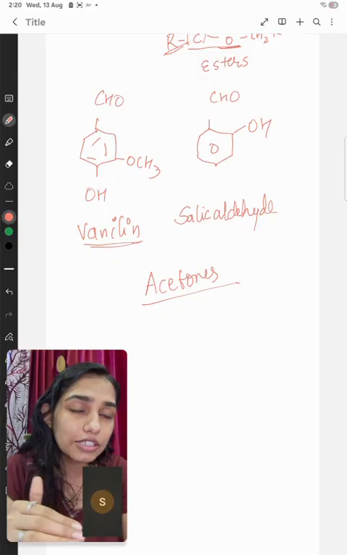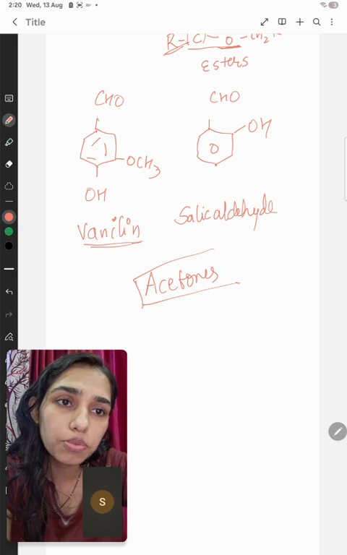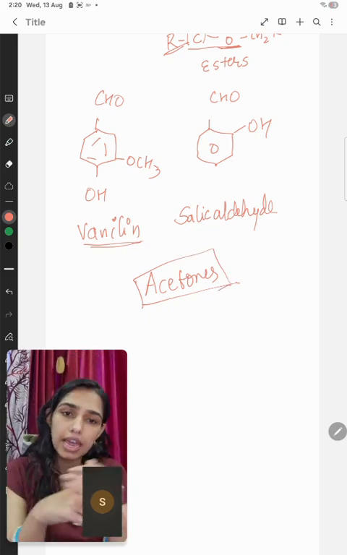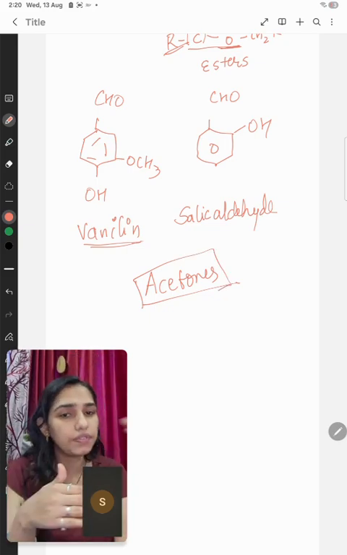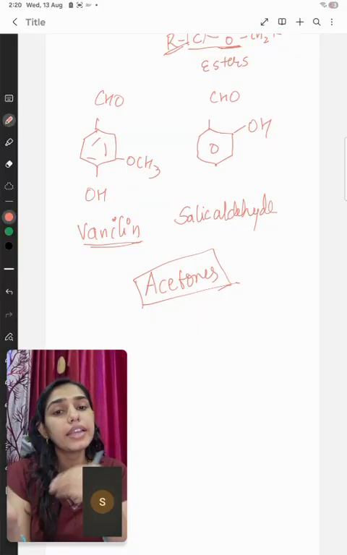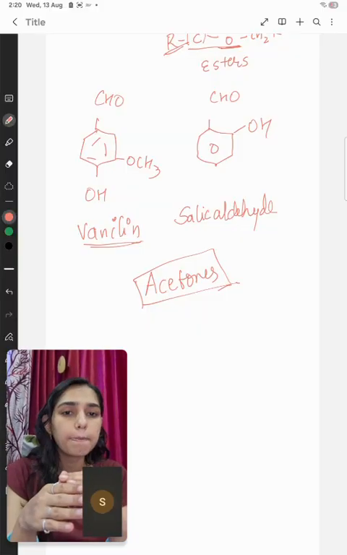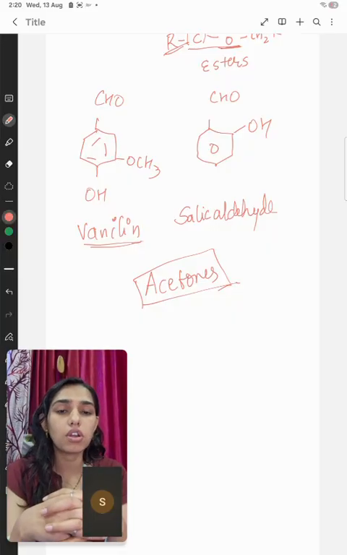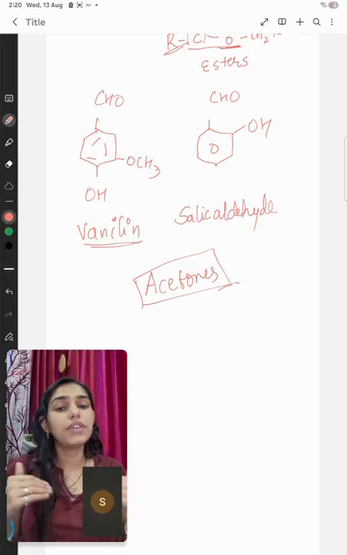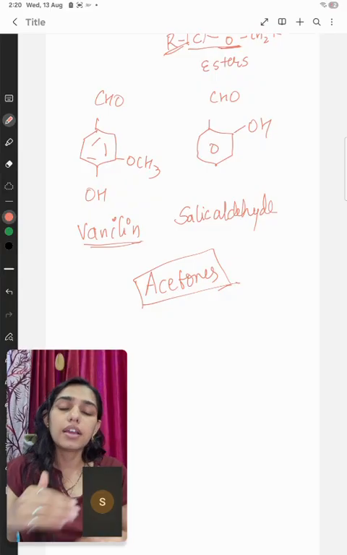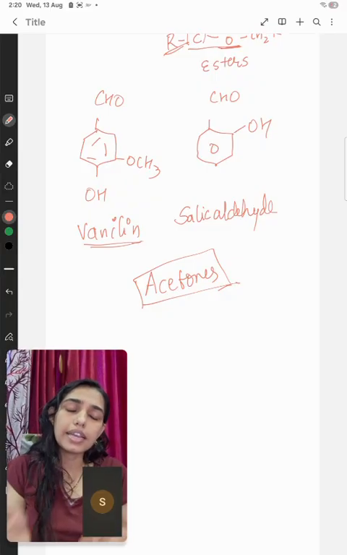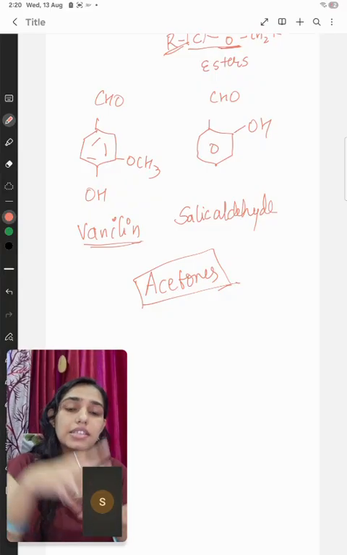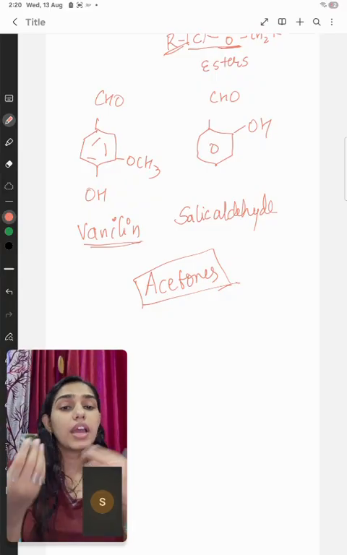Acetone is not only used in nail polish remover. When you do organic reactions, we have studied, or we will study again in the future, that like dissolves like. So most organic compounds dissolve in organic solvents, and acetones are also used as organic solvents. So that is why we need to study these aldehydes, ketones and carboxylic acids, because most of these things we are using in our